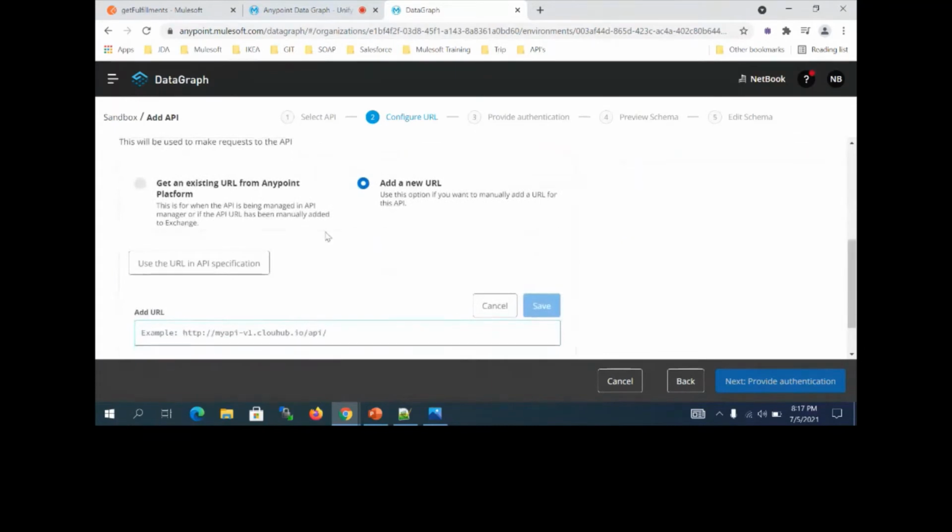Now, as I said, if you want to access the external APIs, in the RAML specification, if you specify that URL, you can take it from that, or you can add that new URL also. That external API URL, you can configure over here. Either if you want to access a mocking API URL, you can copy that mocking URL from the Exchange and put it over here. But I want to access my real-time runtime access URL. So I'm going to configure that.